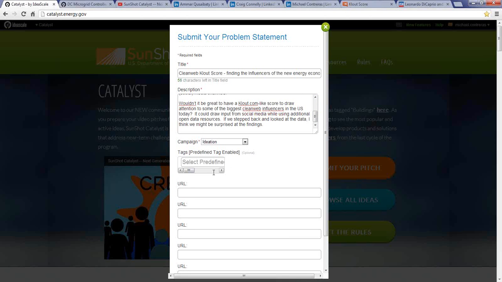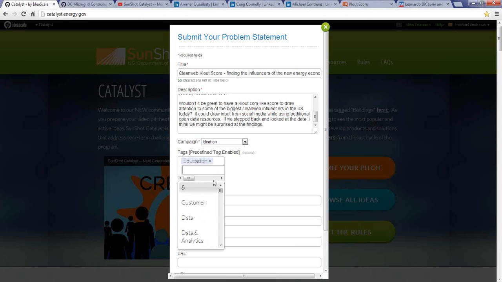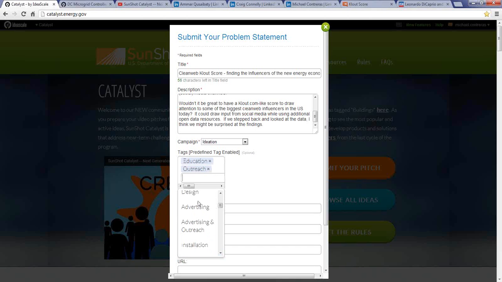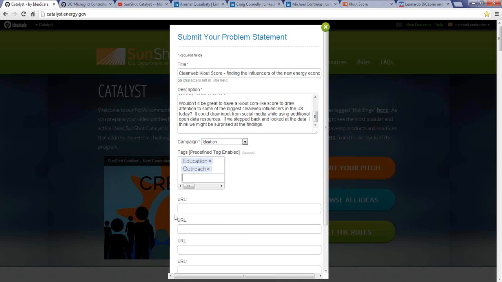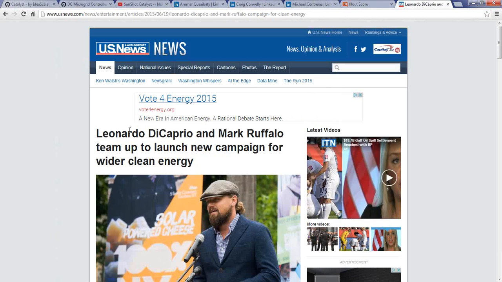So once again, make sure your campaign is selected to ideation. You can tag it according to any particular tags that relate. Maybe this one's education. There are a predetermined set of tags, so feel free to use them liberally, and maybe we'll call this outreach as well. And then add any URL links which help readers of your idea get a feel for what you're getting at. So let's include the Cloud Score link here,